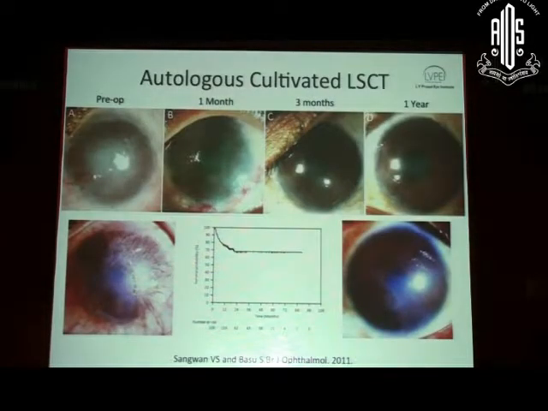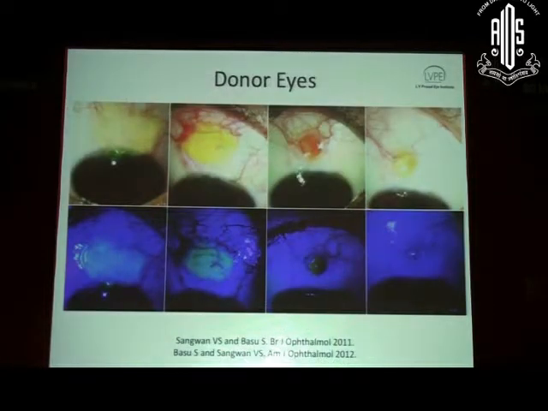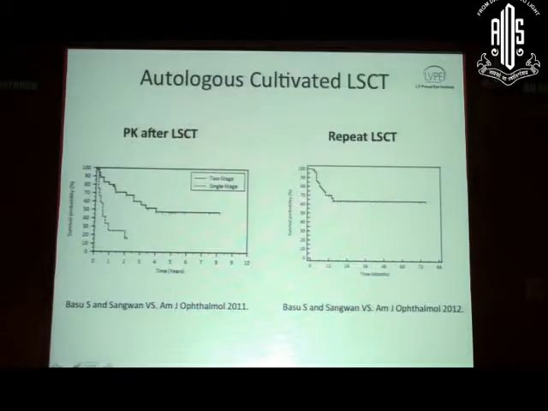And we published our results of about 10 years of experience of doing the cultivated technique of transplantation. And as you can see, the outcomes are sometimes very satisfying. And we know that it's safe for the donor eye, it doesn't really cause any trouble. If you see how the donor side heals, you'll find that it actually heals from the corneal side to the conjunctival side. The defect in the cornea is the last one. We also found, interestingly, that